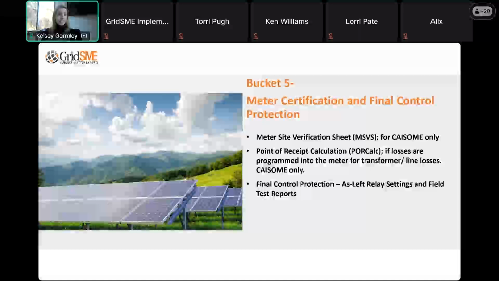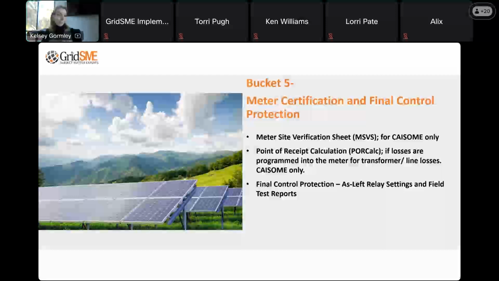Okay, so regardless of whether you're going the COM route or the COD route, as a prerequisite to COD, we have to get through bucket 5 of the CAISO NRI process. Bucket 5 has essentially 2 submittals. The first is the final control and protection relay settings and field test reports for each of those control and protection relays.